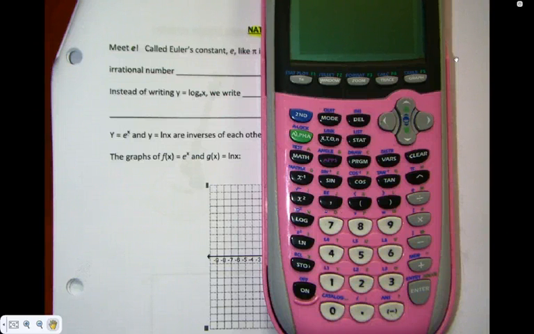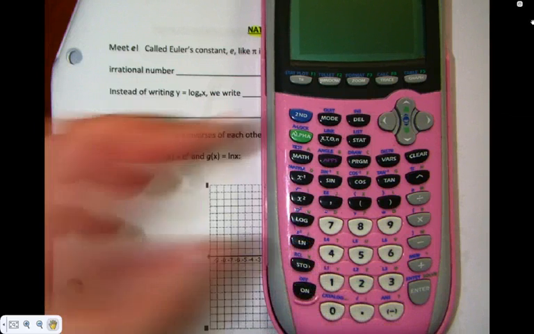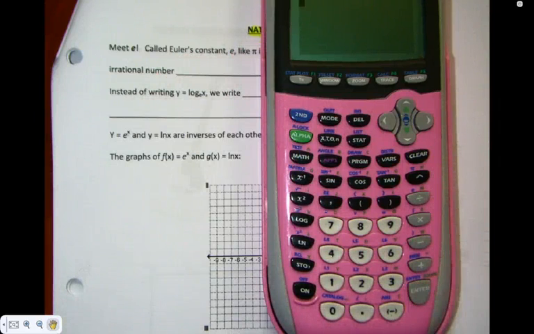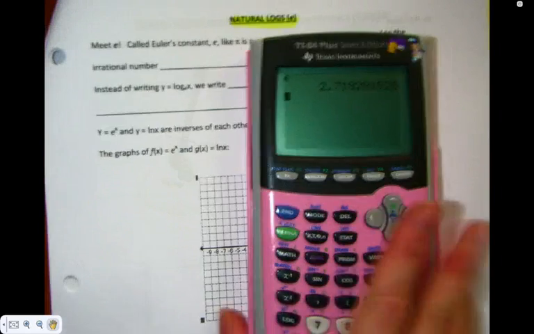Oh, is there actually like an E? Oh, I was thinking because there's E to the X over here. That's the one we usually use. Oh, there's an E. Look at that. Hello, E. And you put him in and you get this wacky number. Oh, he is there. Look at that.